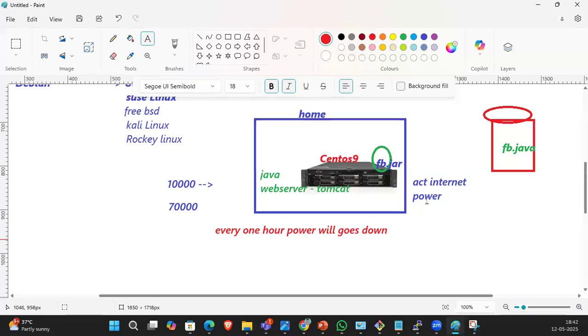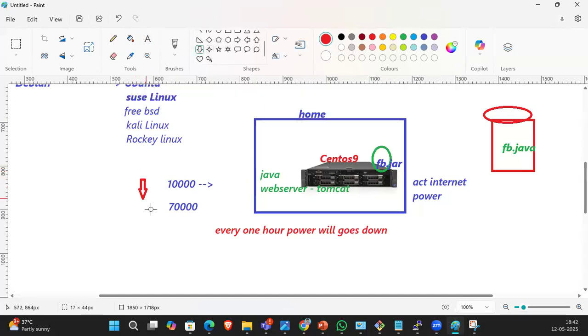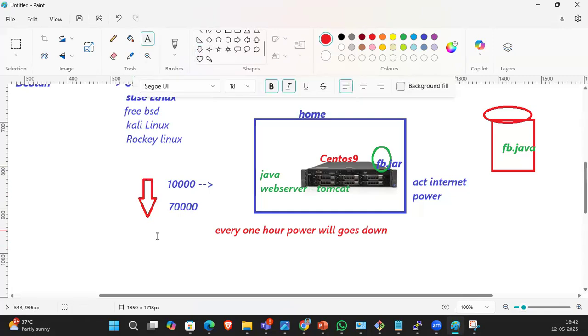And every 2 hours, the internet goes down and comes back up. At that time also the site cannot be reached. So after 1 week, the people are decreasing. The people are removing their accounts from Facebook.